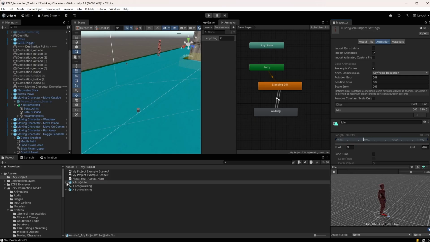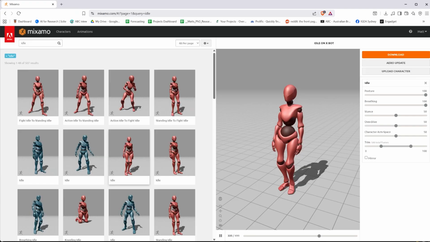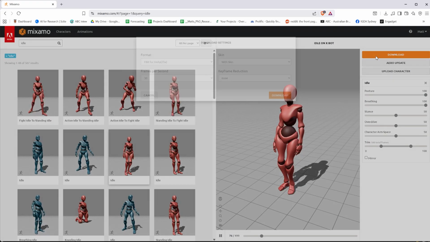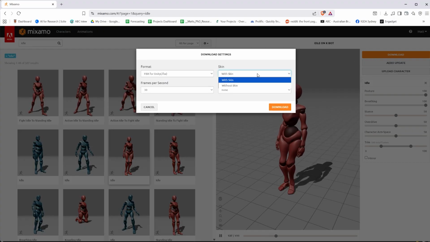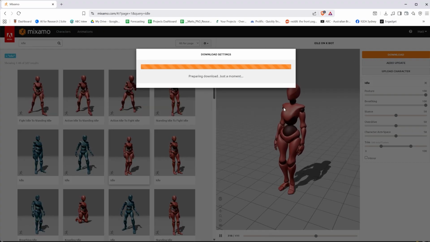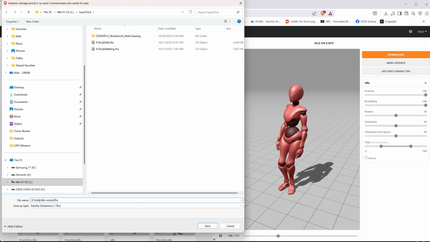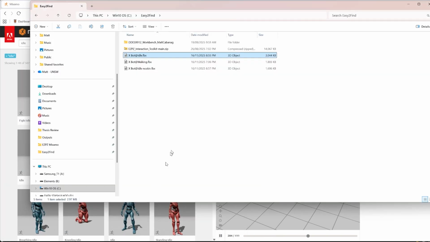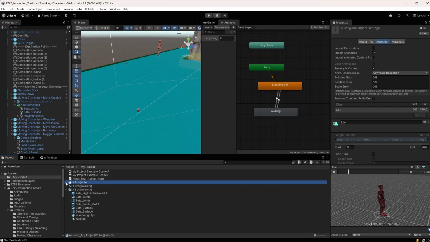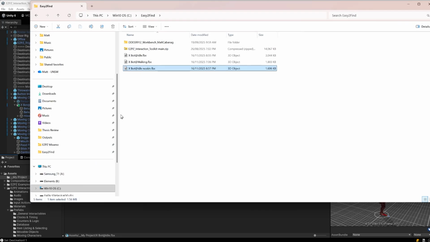Now you can see that this is actually its own completely different model. We didn't necessarily have to download the model again. The way to do that is if we just go back to Mixamo and then say download, we can just say without skin and then download again. And then let's just call this no skin. And then we can see that our file is half as big because it doesn't have the skin. And if we just go ahead and import that,